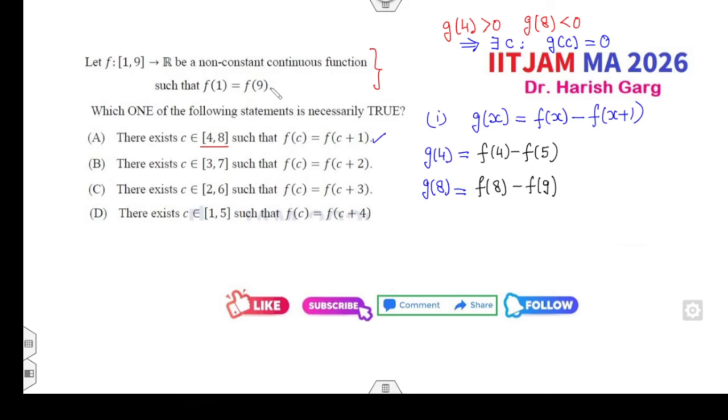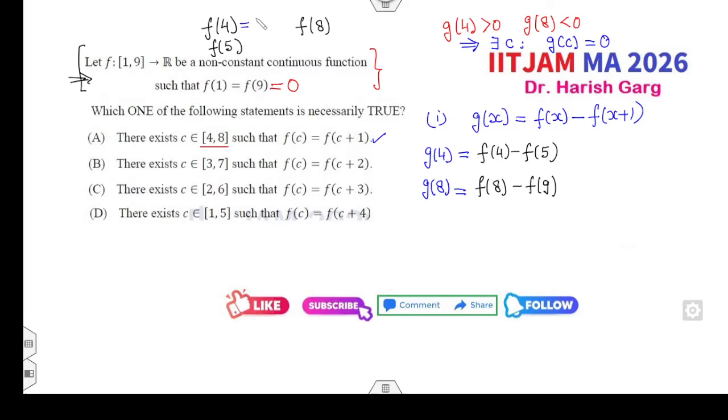Fine. इन दोनों की वैल्यू सेम है. So let's assume that this value will be 0. आप अपनी तरफ से 2 भी ले सकते हो, 3 भी ले सकते हो, चॉइस आपकी है. Now what is the value of f4? What is the value of f5? What is the value of f8? Are they given to you? No. Fine. So choice is on you.